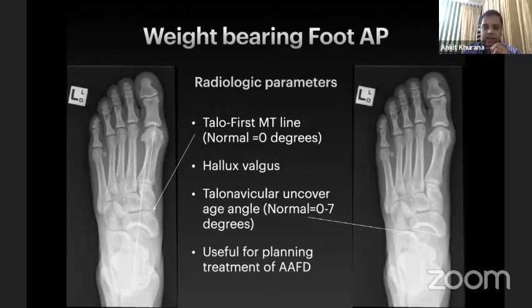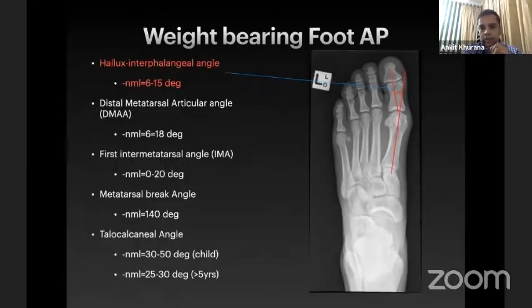The talonavicular uncoverage can be seen by assessing the axis of the talus as well as the navicular, to differentiate between stages 2B and 2A of an adult acquired flat foot, as well as planning treatment for adult acquired flat foot. So coming to the weight-bearing axis of the foot, the hallux valgus angle is normally less than